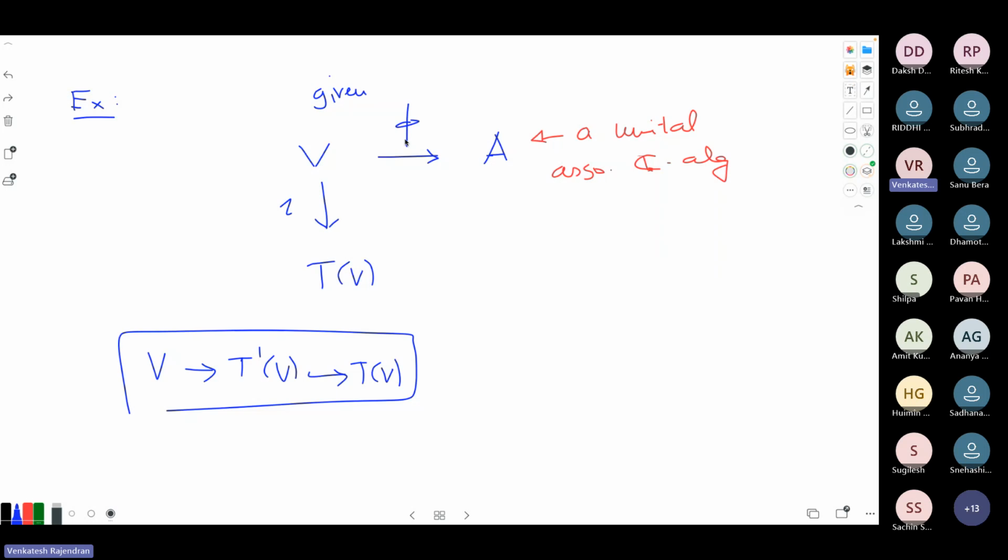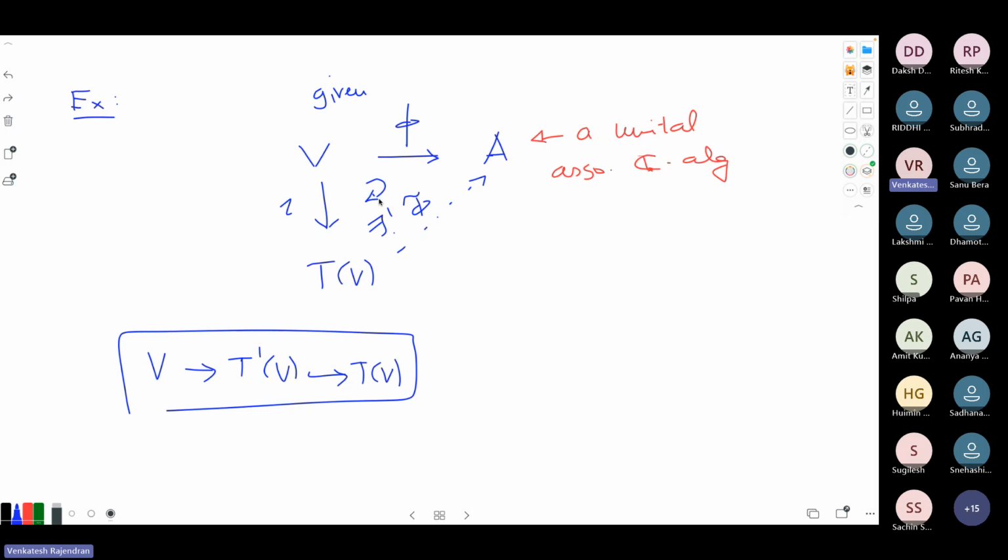Given this linear map, let's call it pi, there exists a unique extension pi tilde of this pi from T of V to A, such that this diagram commutes. Whenever I say there is a unique extension of pi, that means in terms of the diagram, this diagram commutes. So this universal property is true for the tensor algebra. This is one way of defining it, but the construction very explicitly says such an algebra exists.